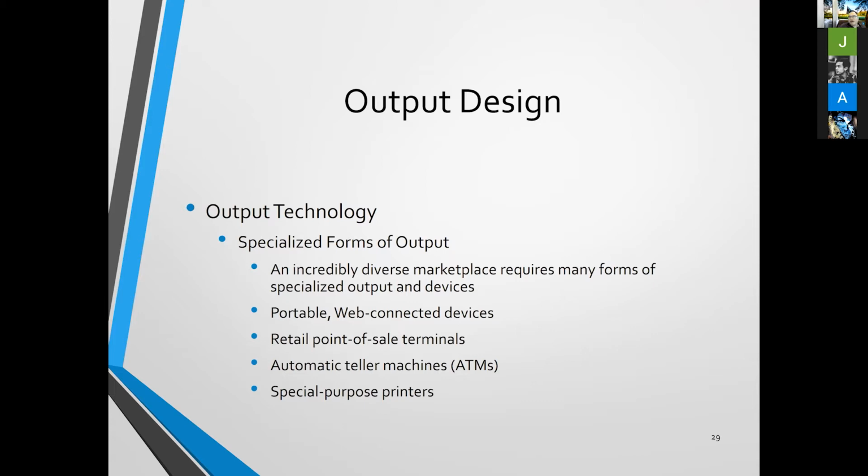You may have specialized forms of output, because different markets need different kinds of output. For example, if you go to restaurants and they have to give you some documents, say if we order pizza, you can see that if the pizza is delivered to your home, the pizza box will have a docket